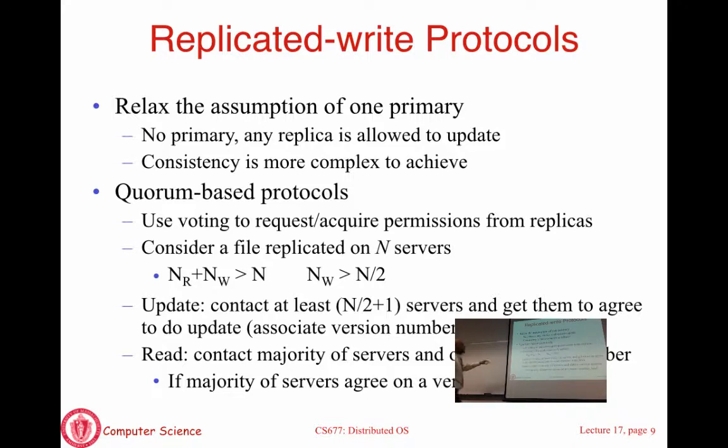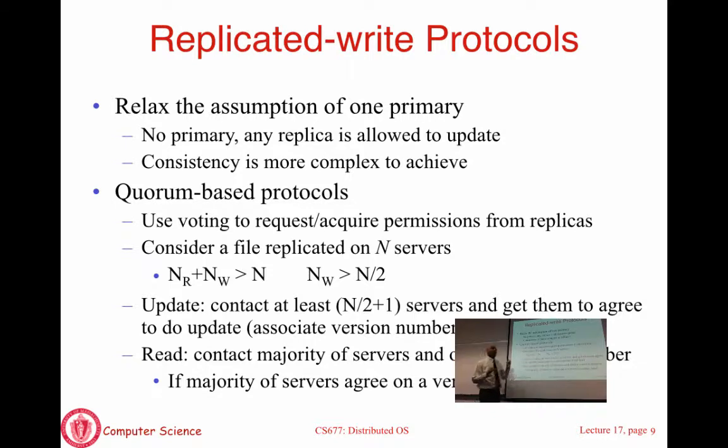So these kinds of protocols are called quorum-based protocols. Essentially, you need a quorum, which is basically a set of machines that have to agree, that have to all say yes, this is the most recent version. So you're going to use voting to determine what has happened. And I'm going to explain what the technique is in just a moment. But just before we do that, we'll come up with some definitions.